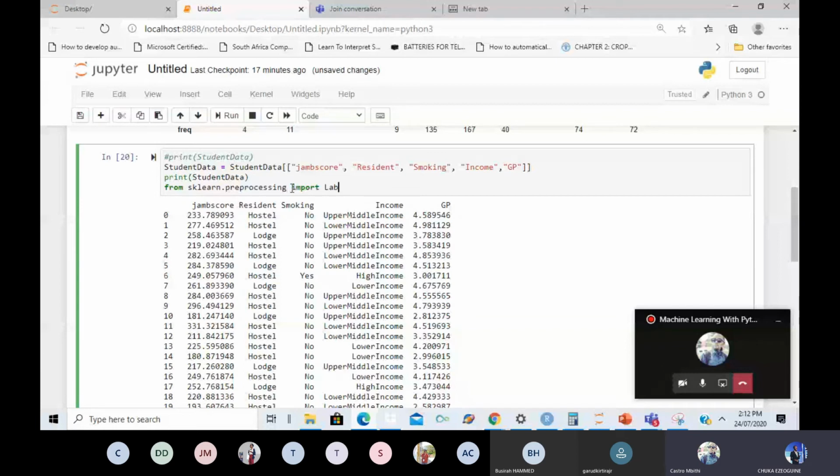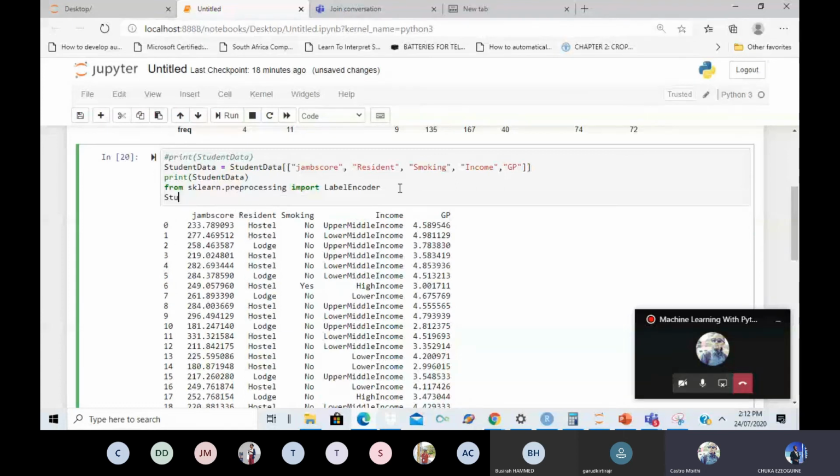like lodge and hostel, right? So it can decide, okay, fine, let hostel be 0, let lodge be 1. Let no be 0, let yes be 1. Let upper middle income be 0, and the other be 1. So first of all, let's start by doing it for resident,